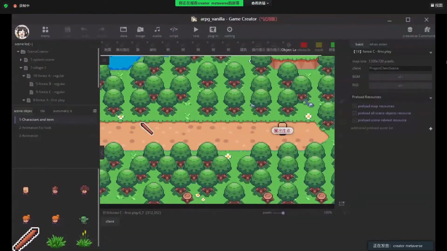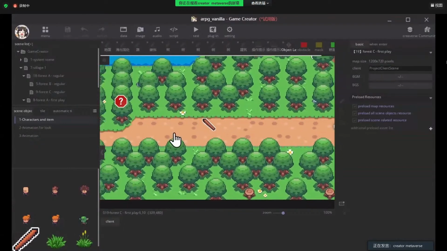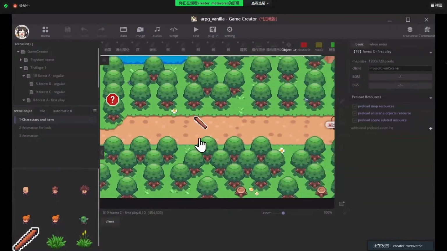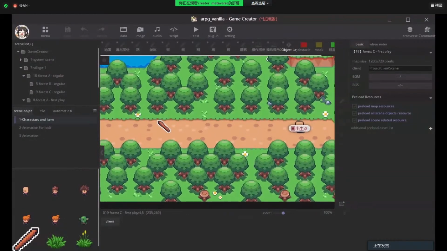All right, so first we need to open the game creator and the ARPG template. We will be using the ARPG template today to demonstrate how to integrate with an ETH smart contract. Let's first make sure the environment settings are okay.